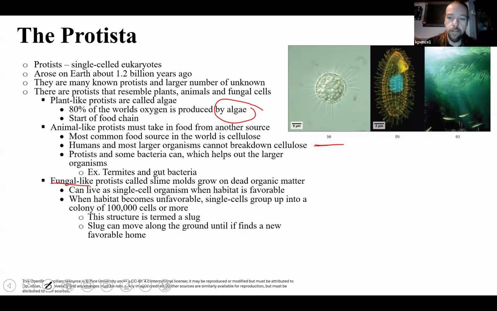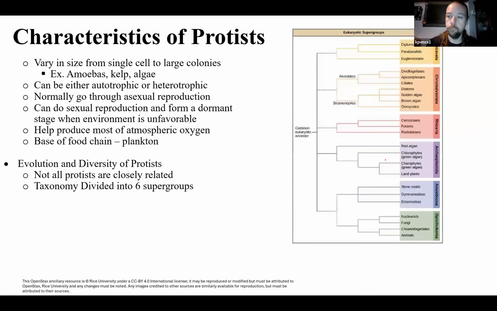And over here, ignore the fish, but these big things in the background that look like plants, these are actually algae. And then those algae look like plants, but again, they're going to be protists because they don't form complex tissue. So very diverse group with the protists. It's kind of all over the place.